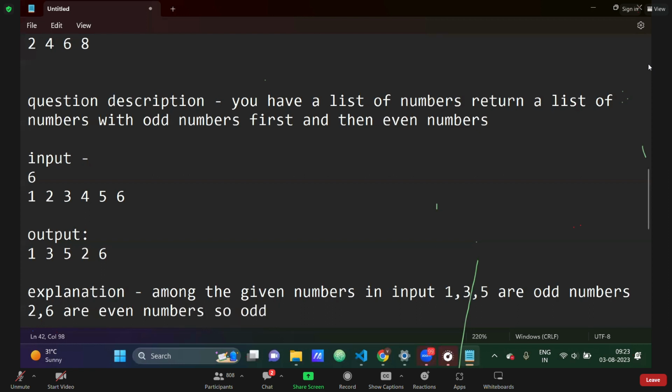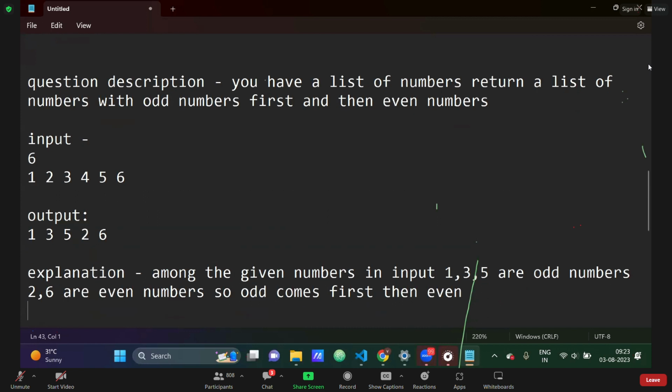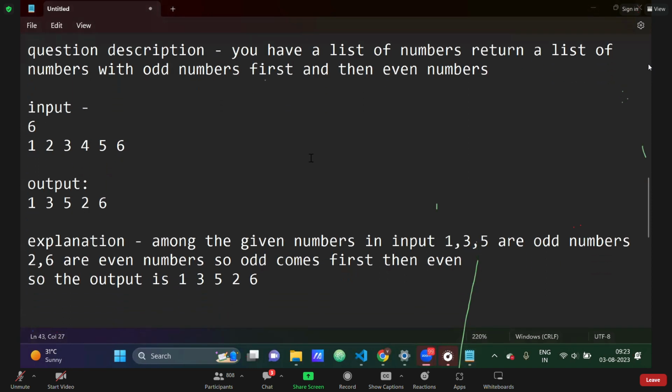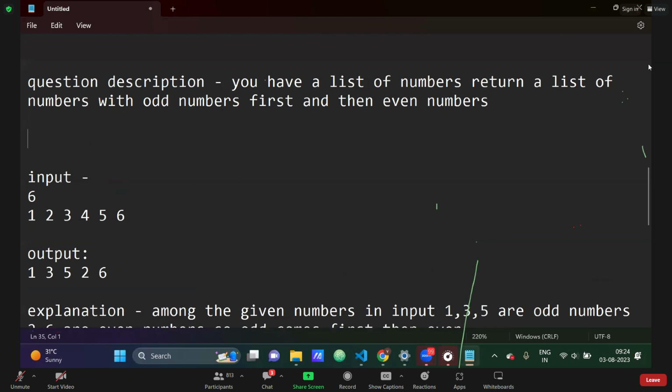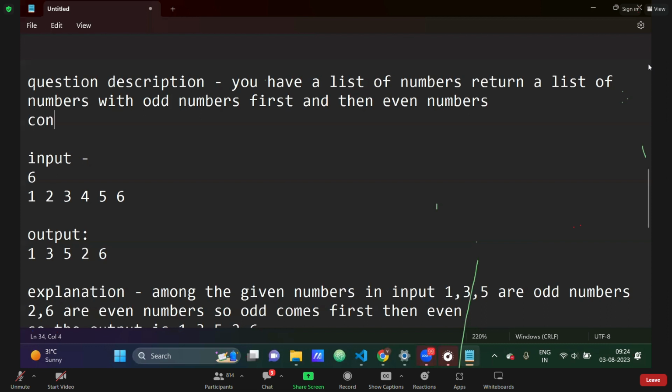So odd comes first, then even. So the output is 1, 3, 5, 2, 6. So I think it is a very easy one. And the constraints are